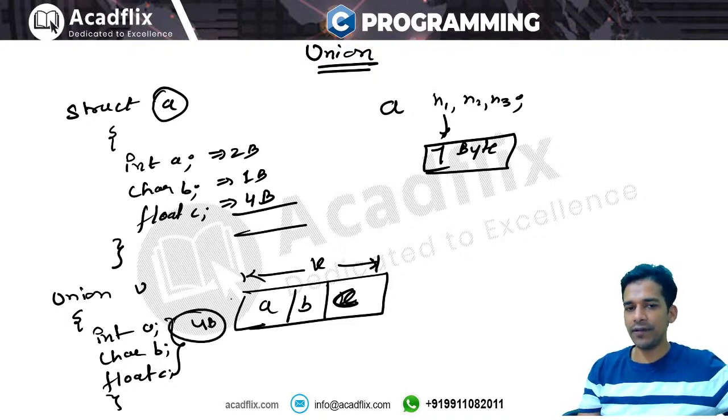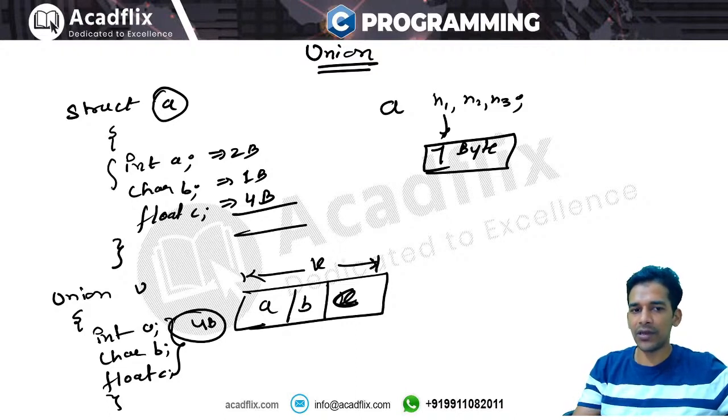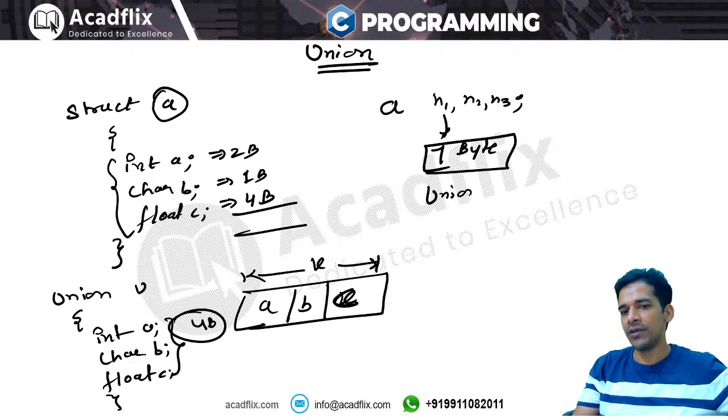Okay, so union will take the maximum of all the members of the union. आप यूनियन के अंदर कितने भी मेंबर्स डिक्लेयर करो, जो भी मेंबर्स सबसे ज़्यादा मेमोरी ले रहा होगा वही आप यूज़ करोगे। और स्ट्रक्चर और यूनियन को आप एक साथ भी यूज़ कर सकते हो। You can use the structure and union in each other. For example, आप एक यूनियन के अंदर एक स्ट्रक्चर भी ले सकते हो।